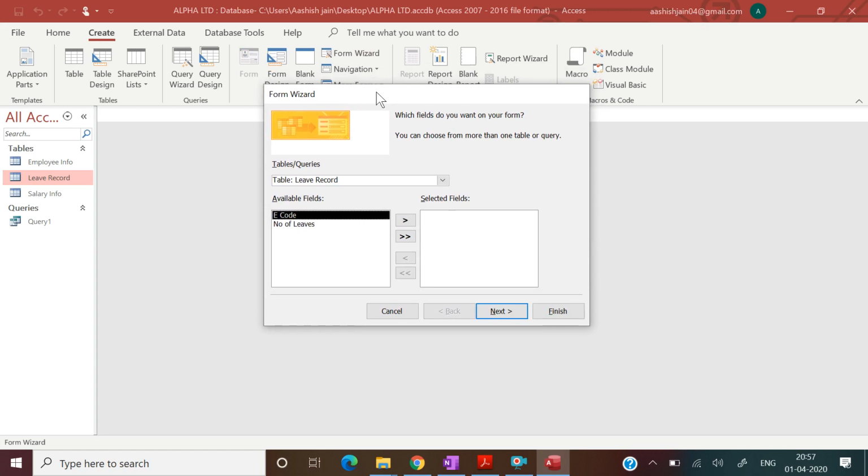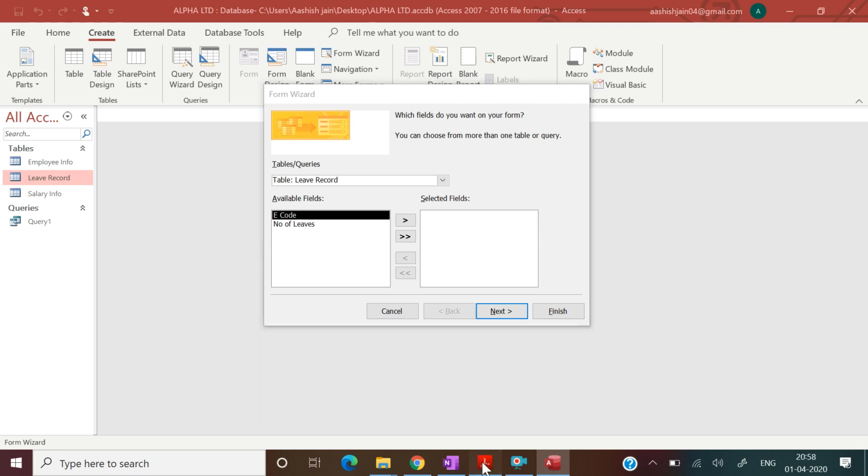Now we need to keep a point in mind, whenever we create any form, we can add one or more tables, but we can't create this form for the query. Okay, so that means we can create a form only for the tables.